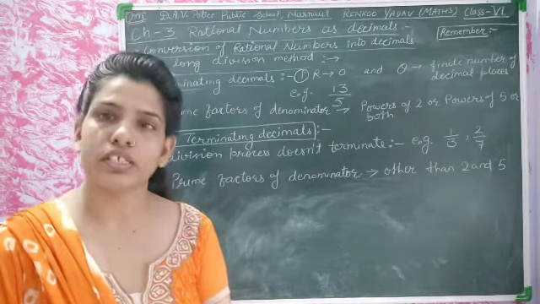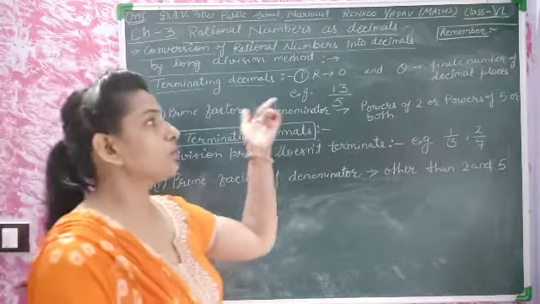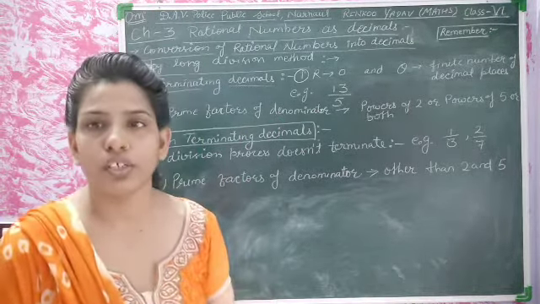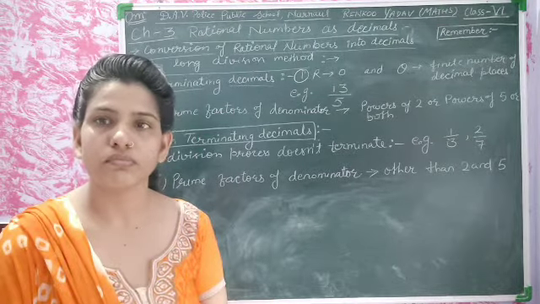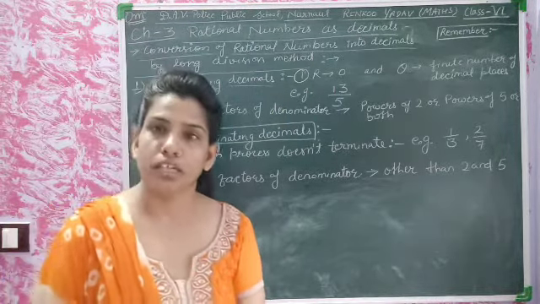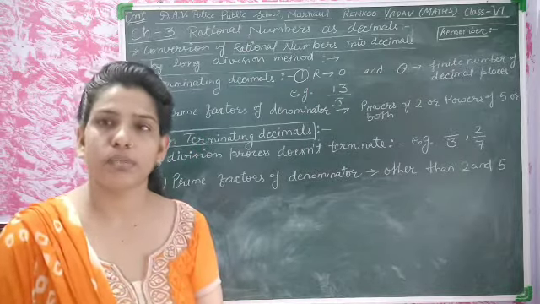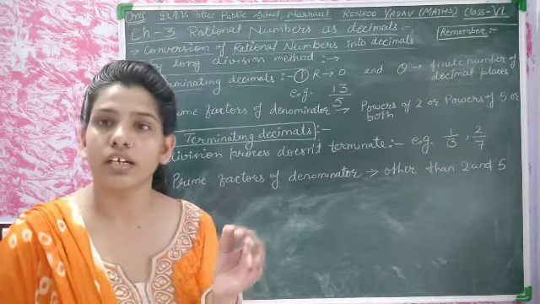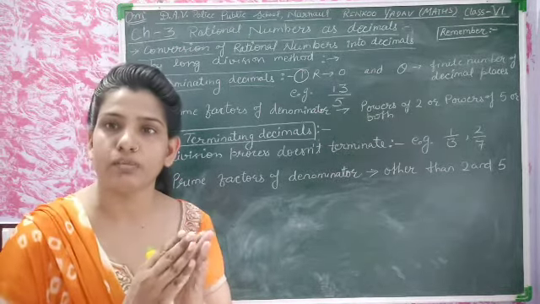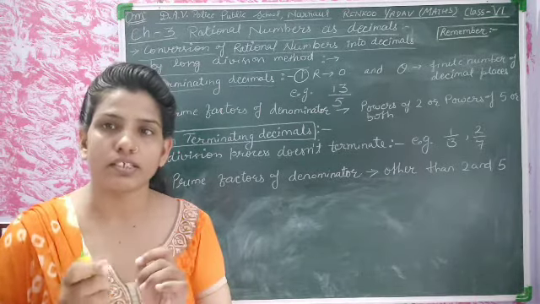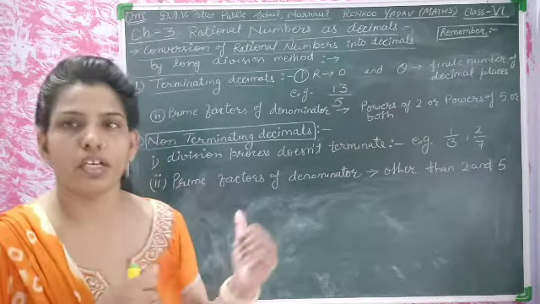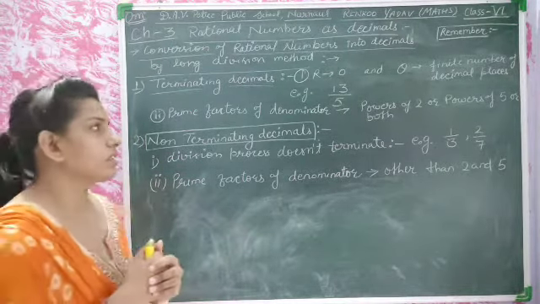But today we will discuss how to find whether a rational number is a terminating decimal or a non-terminating decimal, and how to represent it. By the long division method, this is the main point here, we will find the decimal places of any rational number and whether they terminate or not. Their decimal places either terminate somewhere, or they don't terminate and repeat again and again. We are discussing these decimal numbers.